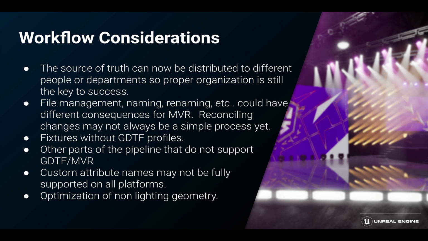One thing that I did notice in some other programs was that custom attribute names might not be fully supported. A lot of times the attributes of a light are already predefined, whether it's dimmer, pan, tilt, color, stuff like this. So for something more complex, like the one that we did with the light cards, a lot of things didn't exist, like there's no alpha channel, right? Something like that might not be something that has been defined by a lighting console. And so you may need to reconcile those against known attribute names.